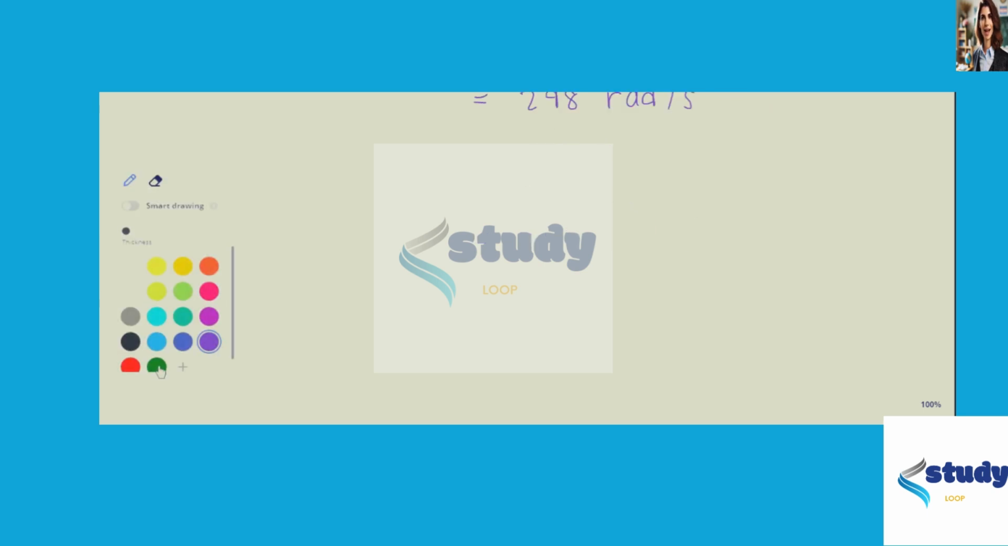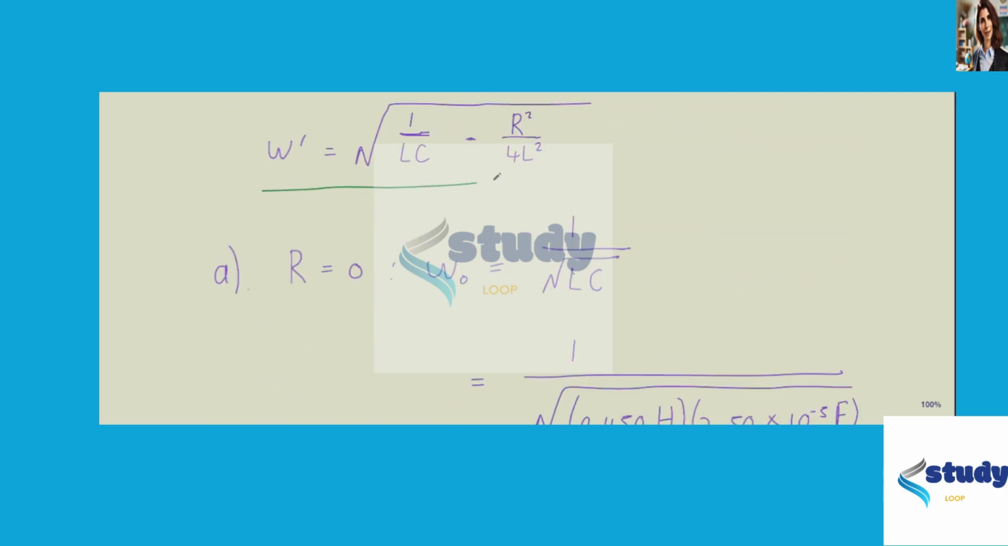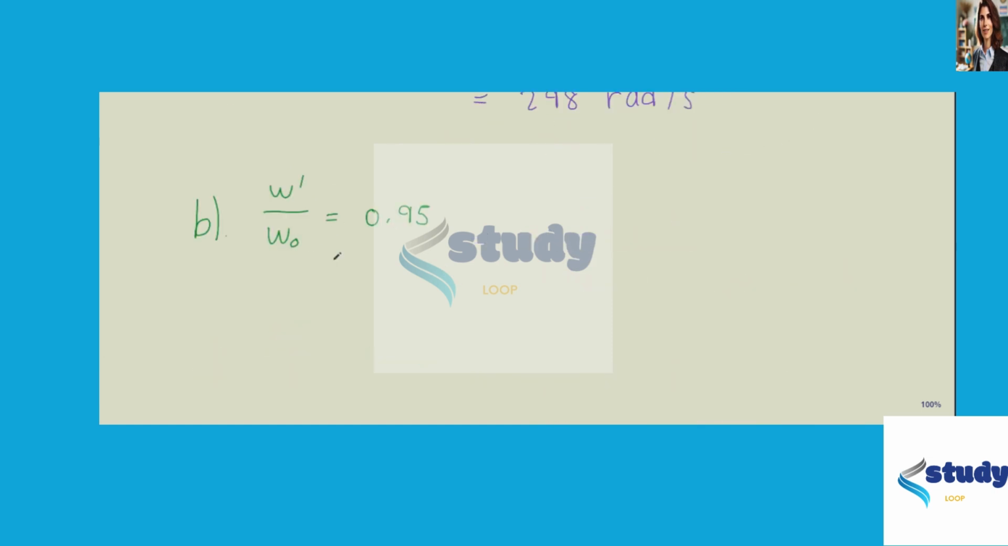For the second part, part B, we want the value of omega prime over omega naught to be 0.95, which corresponds to a 5% decrease. And we wish to find the resistance R for which this occurs. So if we take our expression for omega prime from above and our expression for omega naught, we can see that this implies, and we'll square